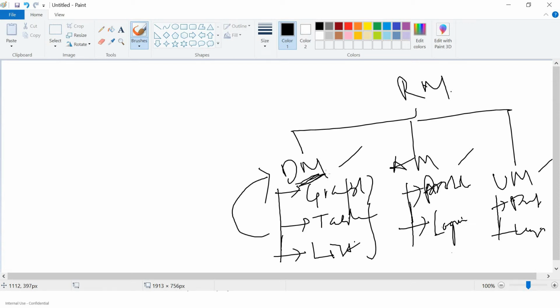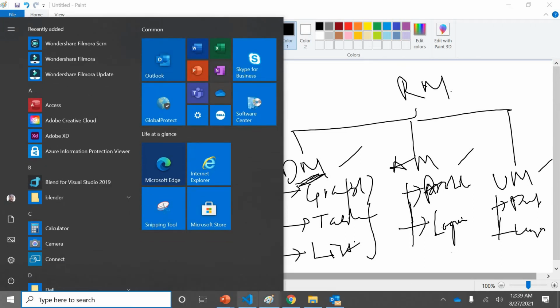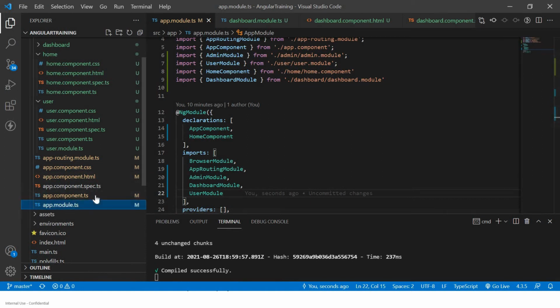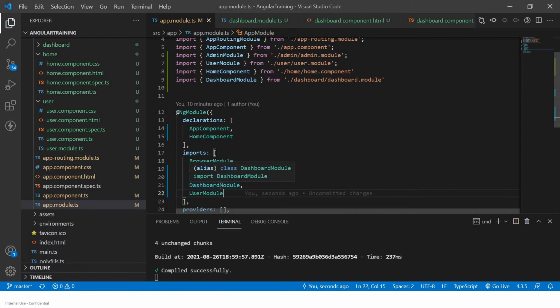Otherwise the root module would not know about it. If I show you that part, this is the app module, and you'll see the dashboard module is being imported here. I have created a small structure here. I'll show you after this explanation. We'll go through this step by step so that it will be easier for everybody. Now we are understanding the module part.